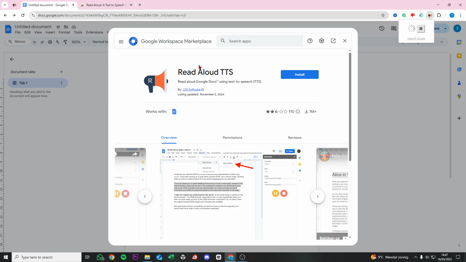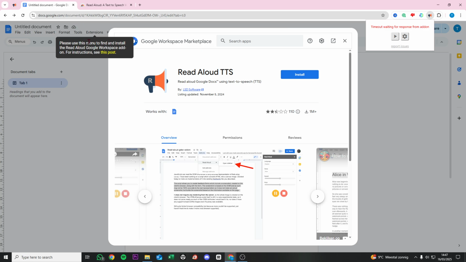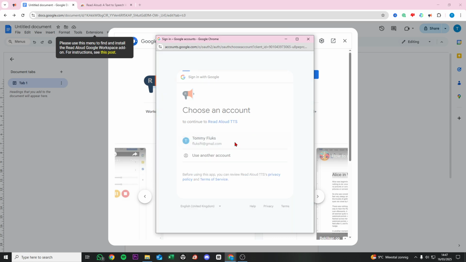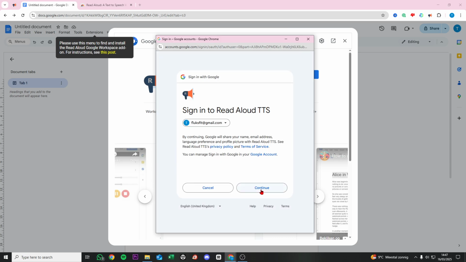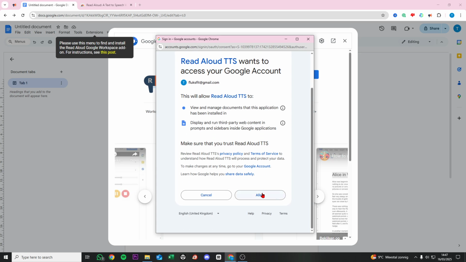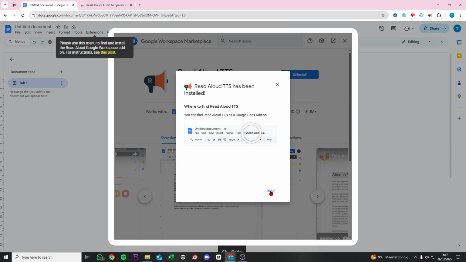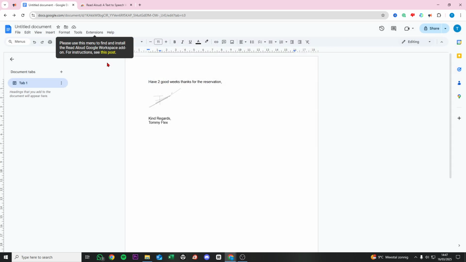And we also need to add this to our add-ons on our extension on Google Docs. So we do install the email, continue, allow. Now let's do done, close this. All right. And right now, if I click here on this icon,